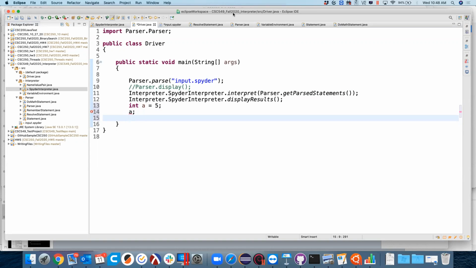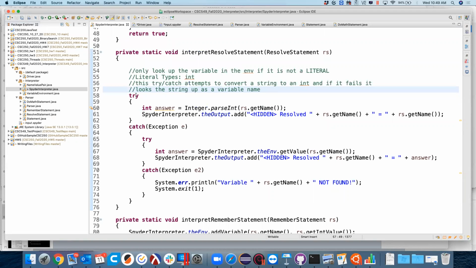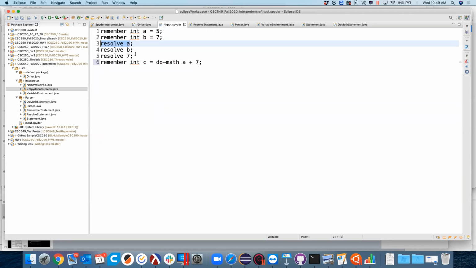And even though right now we built our resolve statements, well, we built our resolve expressions as if they were statements for testing. This is actually not legal code in our language, correct? Because we decided that looking up the value of a variable, resolving a variable, is not actually a statement. It is an